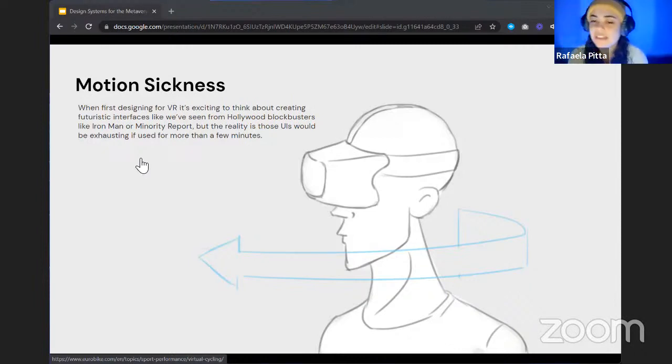Oh, it's amazing, it's this space that can bring everyone together, but actually it doesn't work. So we need to fix those little problems. Motion sickness is definitely one of them. We need to understand what causes motion sickness in VR. I think even though you have a very scalable system to build things in the metaverse, if we don't solve this problem, we're not going to go any further.